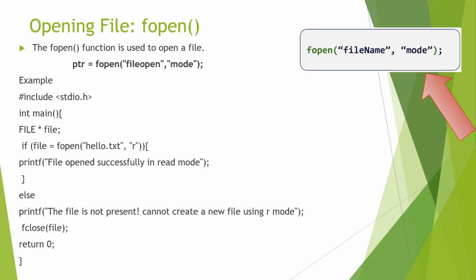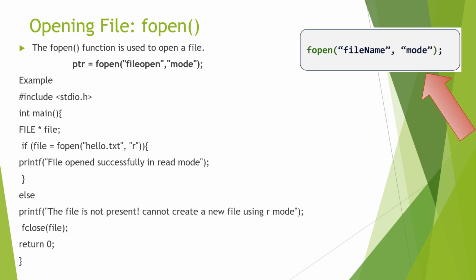The fopen function is used by passing two parameters, as we can see in the box: fopen, bracket, file name. First we have to give the name of a particular file, comma, the mode in which we want to open the file. For the very first time, if we are opening a file, then we can open it in read mode. So in the given example, we can see the integer main function, then we are using FILE, capital letters, which is the data type, then star file. Here the star file is the pointer which is going to point to a particular file which we are going to use in the fopen function. So we have given a condition: if file equals fopen bracket